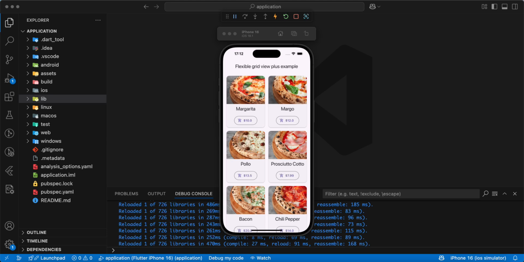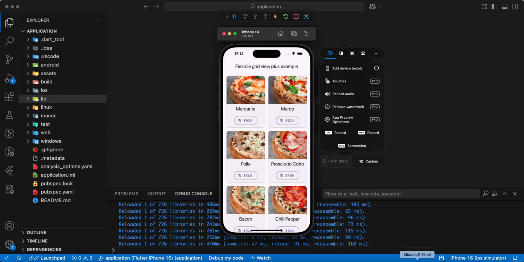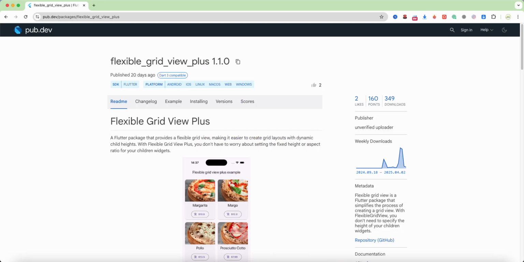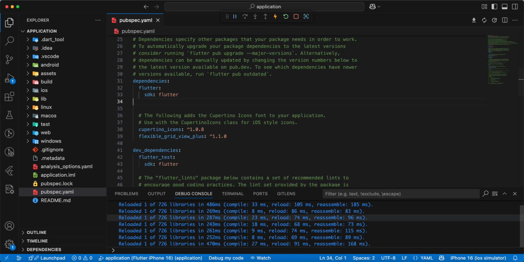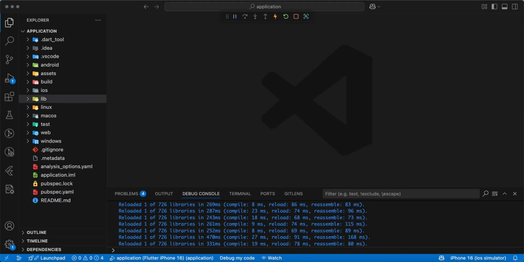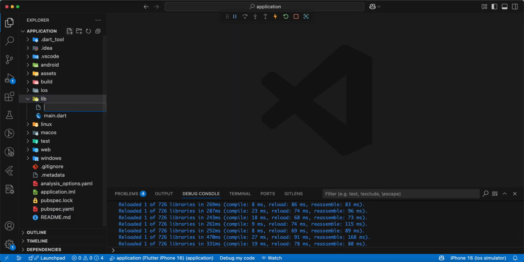This is much more convenient than using the default GridView widget, which often requires setting a fixed height or aspect ratio. Now we connect the package Flexible GridView Plus: open pubspec.yaml, add the package. Now we add the file menu item model